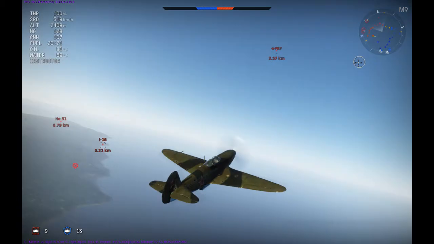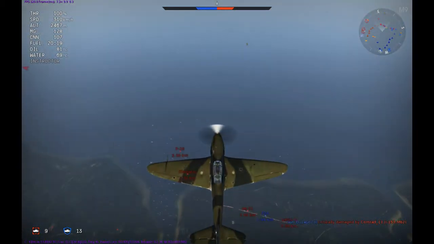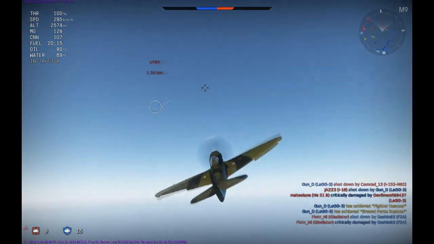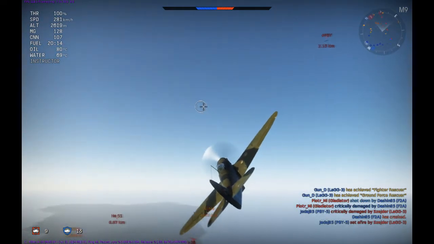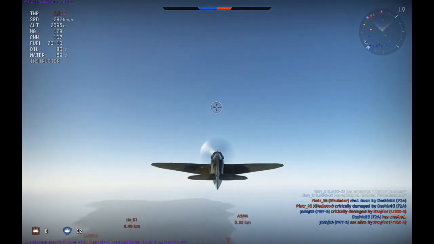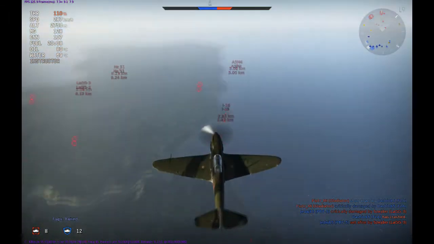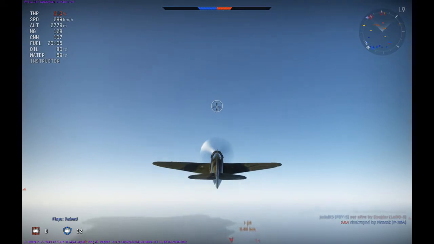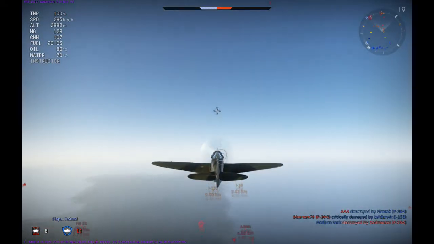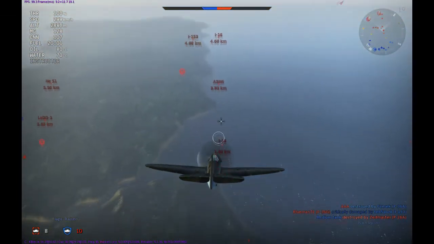Still, you do have some downsides to all this. Your climb rate is subpar by comparison with your contemporaries. As you see here, I'm having trouble even getting up to 3,000 meters, where other planes of the tier would be able to a lot faster. Planes such as PBYs and Junkers 88 bombers, as you can see in this game, will be able to mock you as you climb up towards them, because your performance will gradually drop off at about 5,000 meters, an altitude